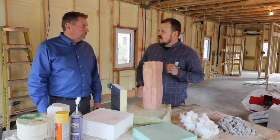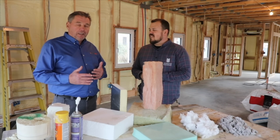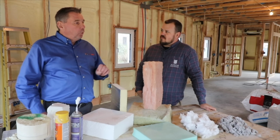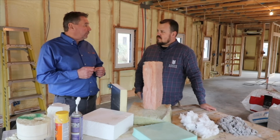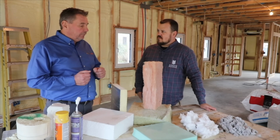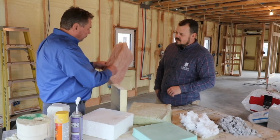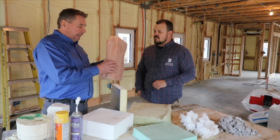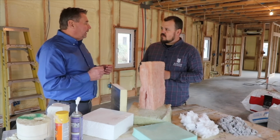Talk to me about grading of insulation, Steve. The install? Yeah. Okay. Typically HERS raters in a lot of locations are required to inspect housing after the insulation is done. Grade 1 basically is no compressions, no gaps. All your cuts have to be perfect around all of the outlets. It's difficult to do with a fiberglass batt, but it's possible. It takes a lot of additional labor to make sure that you have good cuts, that you either separate the batt and tuck it behind your wiring, or make a cut across it and try to get that back together. That's one of the products that it's difficult to get a grade 1 without spending a lot of labor time,